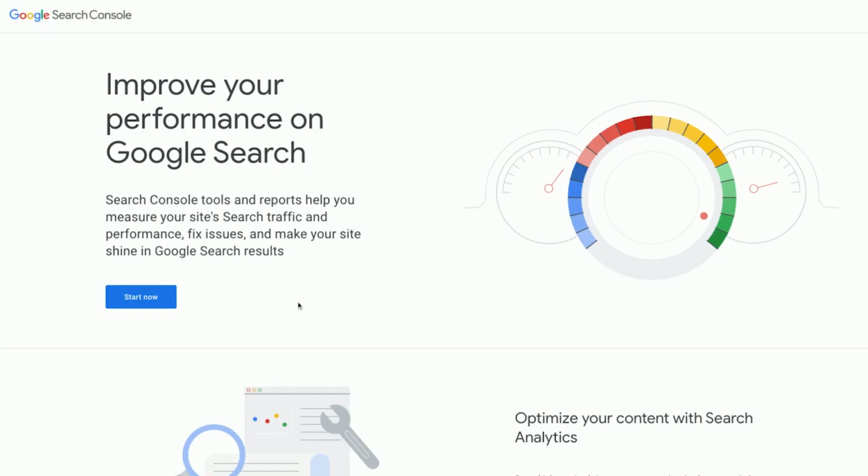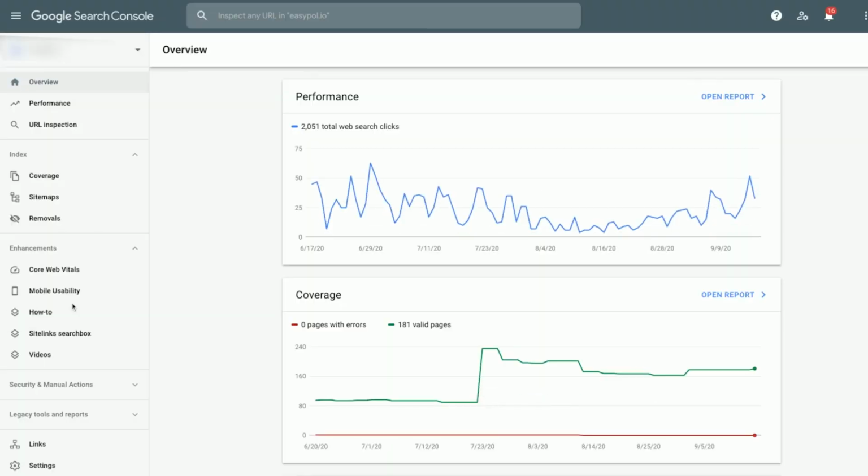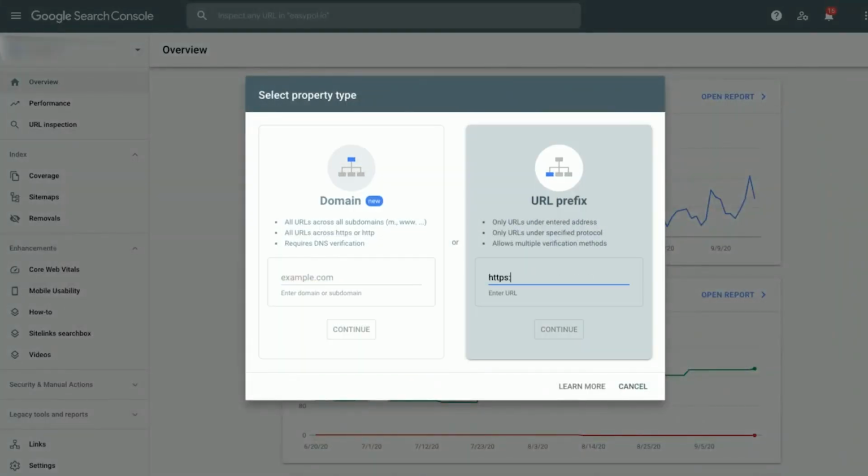Make your store appear on Google. Everybody wants to appear on the first page of Google, but to have a chance, first you need to communicate to Google that your website actually exists, and to do that, you need to register on the Google Search Console. Register your account and click on Add a Property. Choose URL prefix, enter your full website URL and hit Continue.